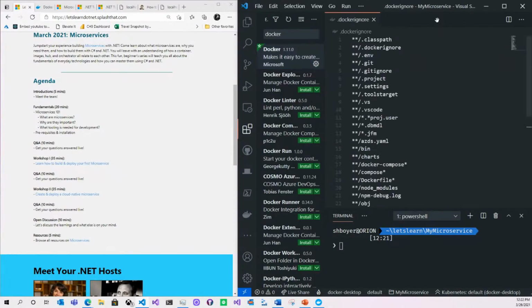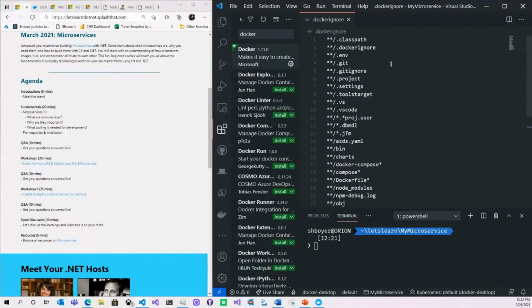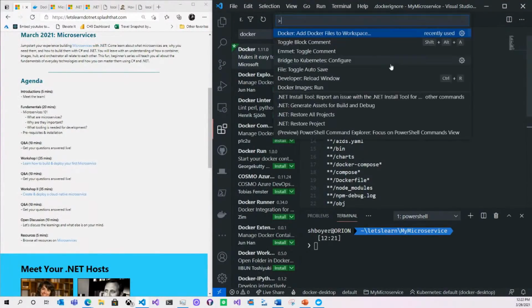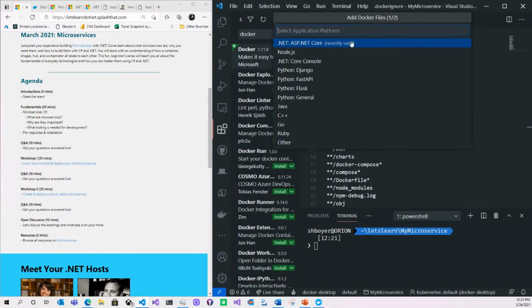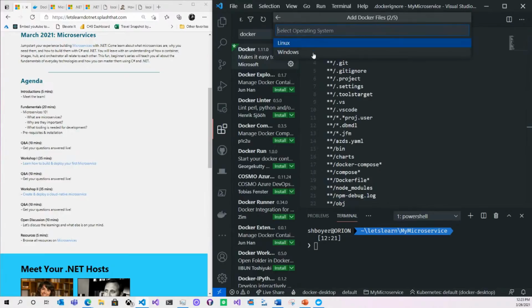Now, how did I generate the actual file? I first pulled up the command palette, and I do that on Windows by doing Control-Shift-P. On a Mac, it's Command-Shift-P. And you'll see that if I type Docker, here's all of the things that I can do related to Docker in my application. And I just said, hey, add Docker files to my workspace. It's going to ask me, what platform am I using? We're using ASP.NET Core in this particular instance. What operating system do I want to be my base operating system? I chose Linux because the images are very, very small, and I'm going to be deploying it to a Linux-based